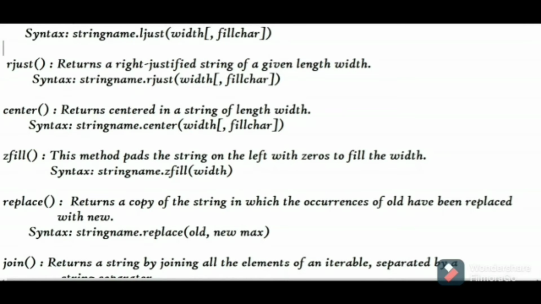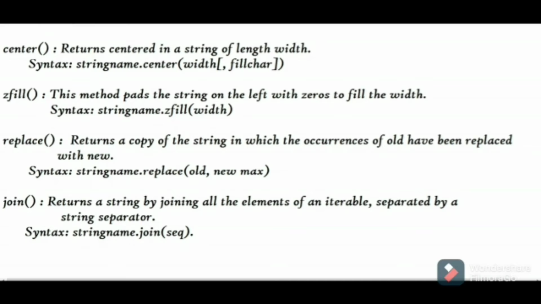Many times we deal with situations where we may want to replace a word from a line or a substring from the string. The Python replace string method can do this task. This method returns a copy of the string in which old characters are replaced with the new characters. The max parameter specifies the number of replacements. If no number is specified, then all the occurrences are replaced.